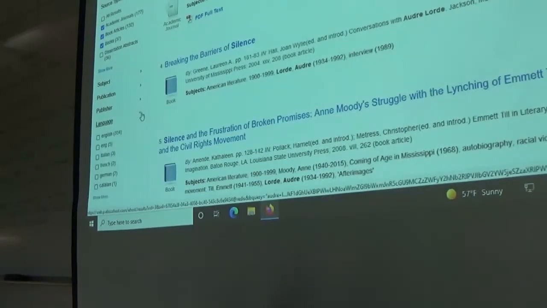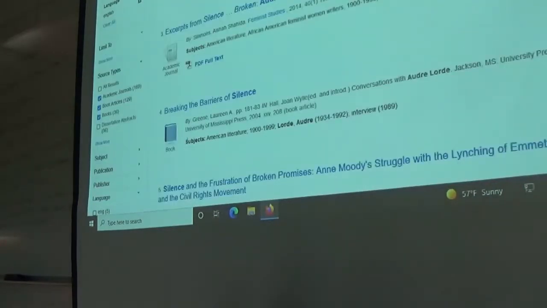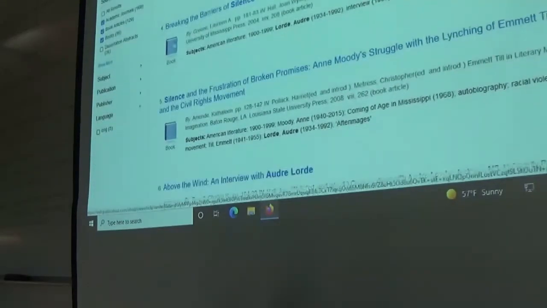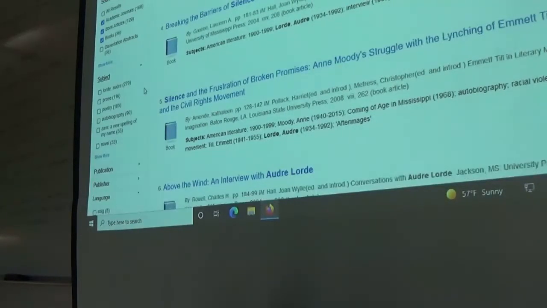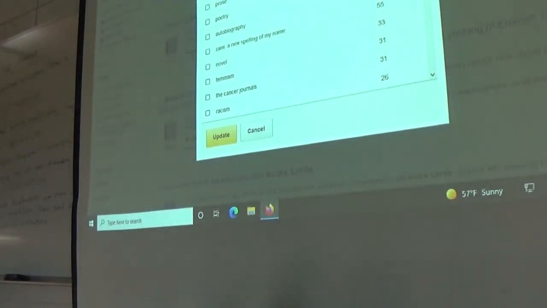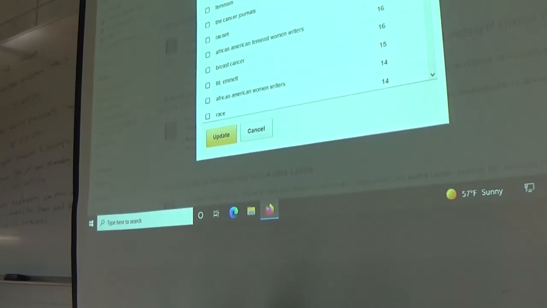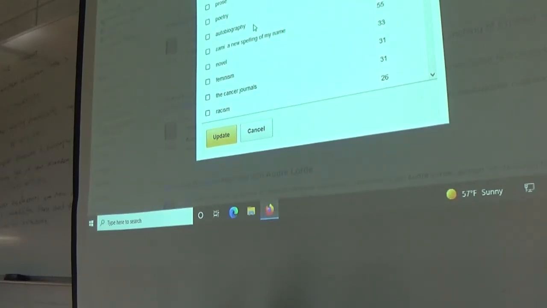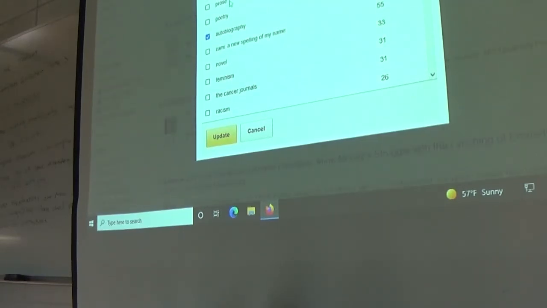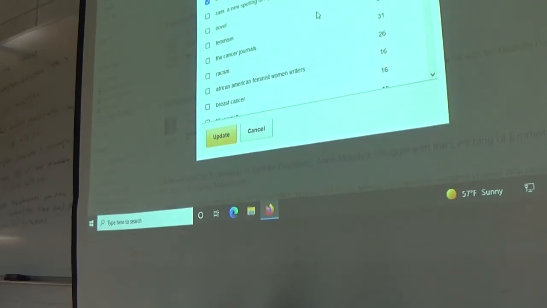We can also limit our search by language, right? So we only want things that are in English. Okay, great. That took another 10 or so out of the list. And we can narrow as well by subject. So let's see if there's something here that is specific enough. Autobiography. Okay, yeah, autobiography would give us only 90 results, better than 337. I know, we're getting better here, right? What do you want her... like how the top one was her name? Yeah, things that include Audre Lorde, even though that's a concern with autobiography.